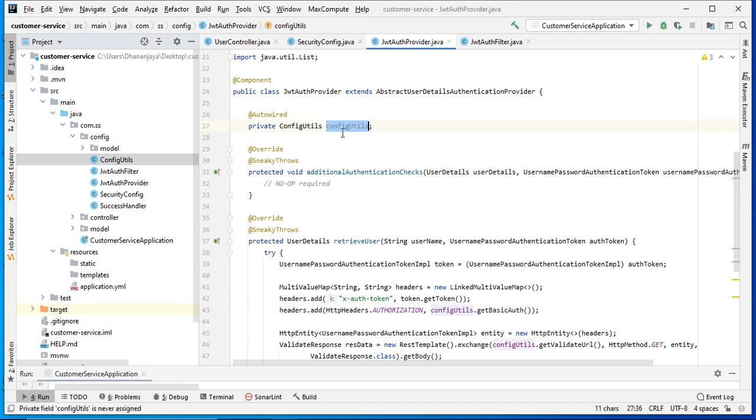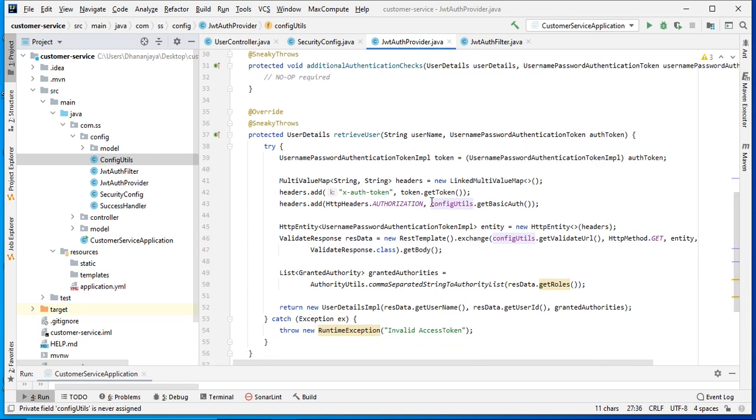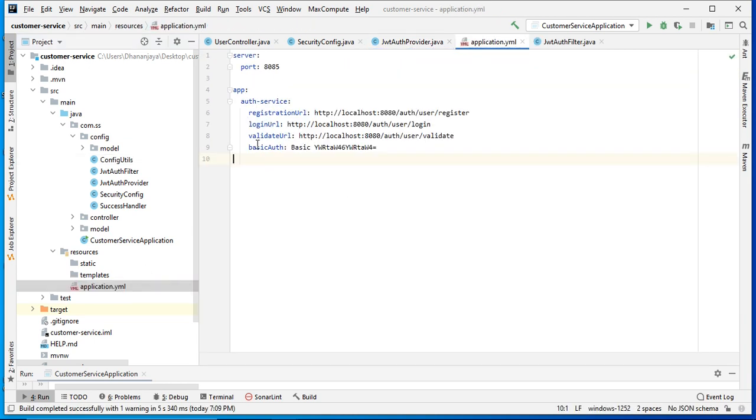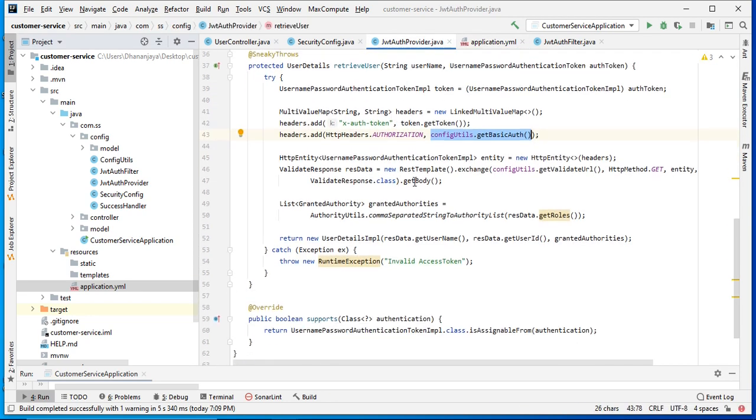If you see here, I am injecting it, and from here only I am getting the values. If you see config util.get basic auth, that means we will get this one. Okay, so we are getting that value. The same way we will also get config util.validate URL, which you are calling, and this is the get method call.